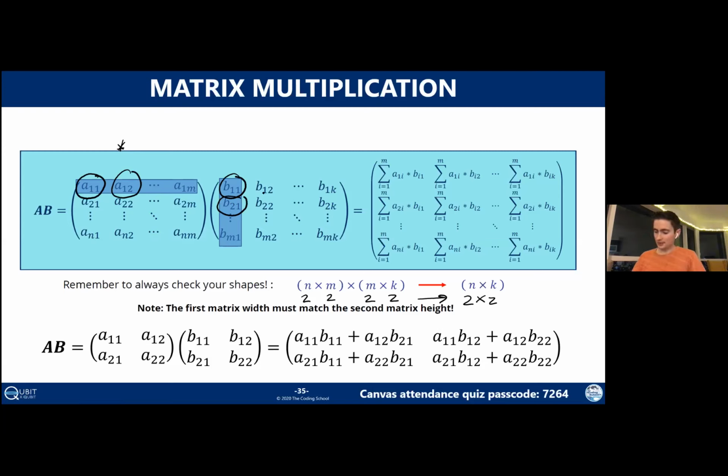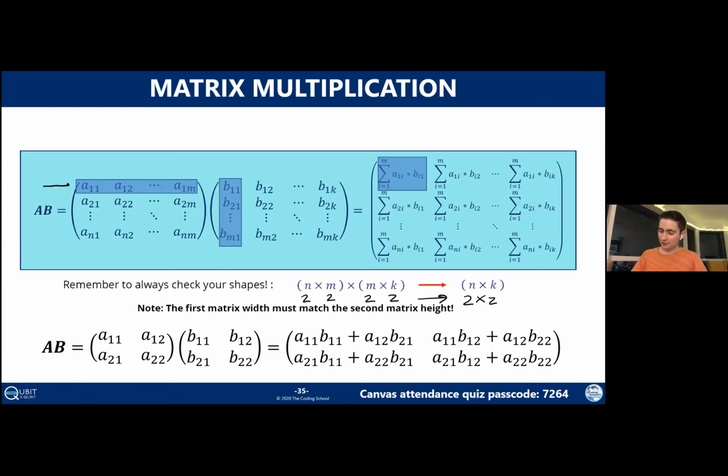So I wish I could actually show you with my fingers how I'm doing that, but basically with your fingers, you can follow along and you can point at the first elements here, multiply them together, and then you shift one of your fingers down one and the other finger right one, multiply those two together, add them, and then shift one finger right, one finger down, and keep doing that for the entire row and column. Then that will give you the first element of your resulting matrix. So you still have all of the other elements to do, but now you've done the first one.